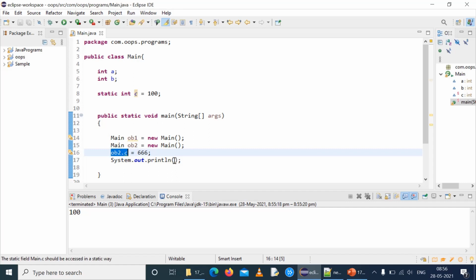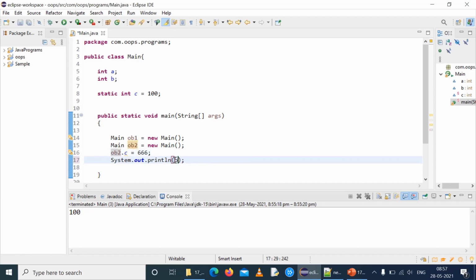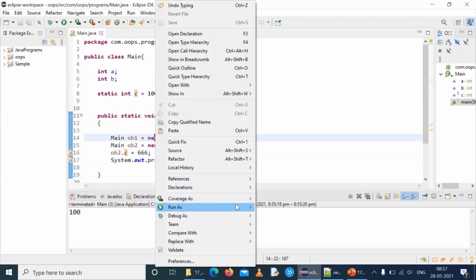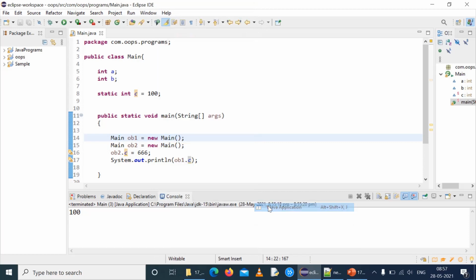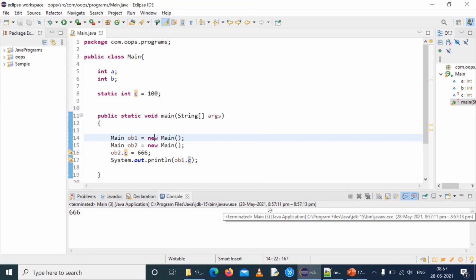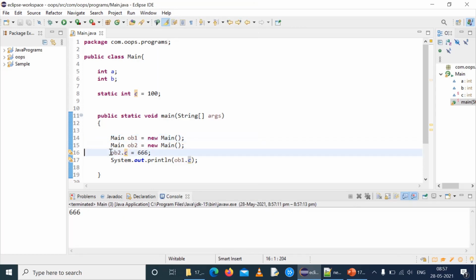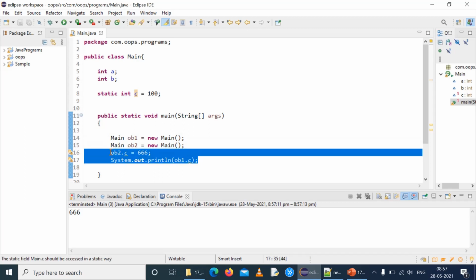Now, I have changed the value of c from object 2, and I will try to print the value that is present in ob1.c. So I think this best explains the memory management and how memory is used by a static variable in Java.